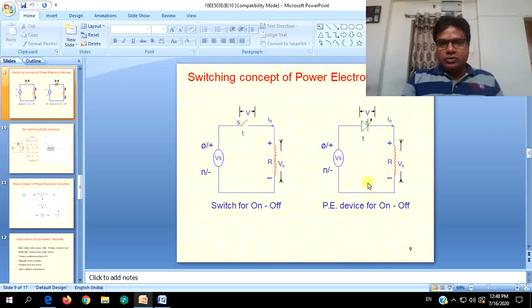Now, go through the other circuit where this SPST switch is replaced by an SCR. Again, it can be replaced by any power electronic devices which suits the purpose. It can be a diode, SCR, or any transistor or any other power electronic devices. Here we have considered SCR. In both the cases, when we consider when switch is open, that is when SCR is not conducting, when it is in the forward blocking state.